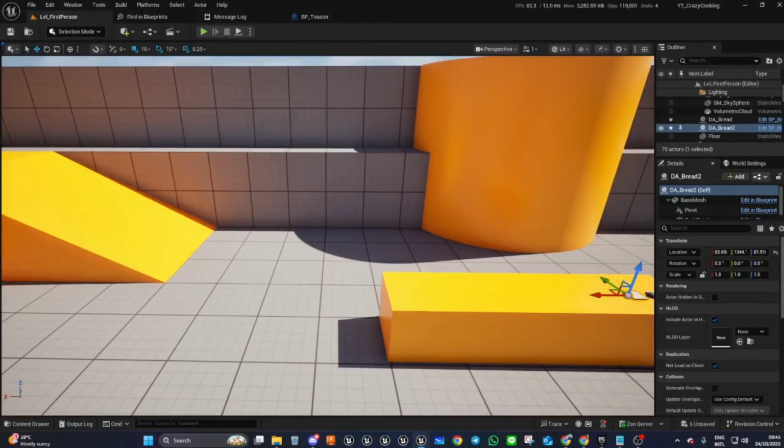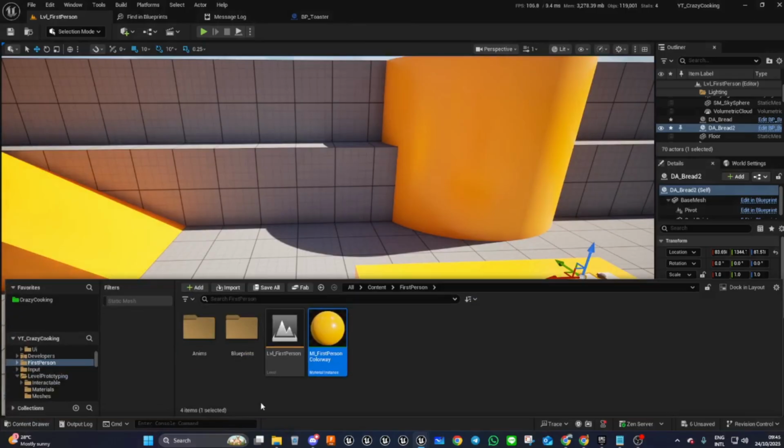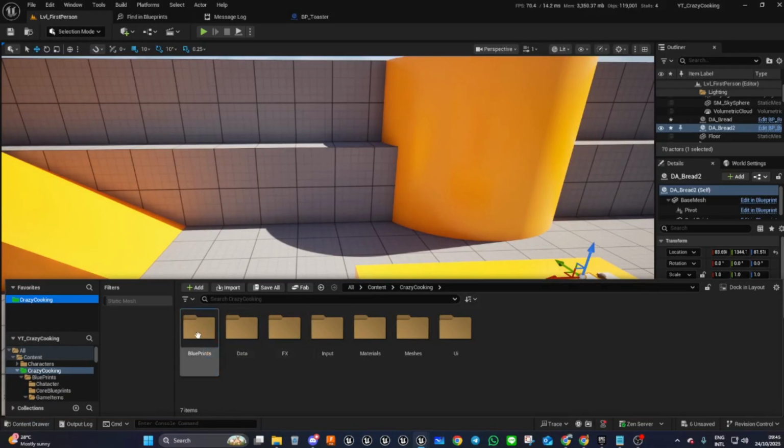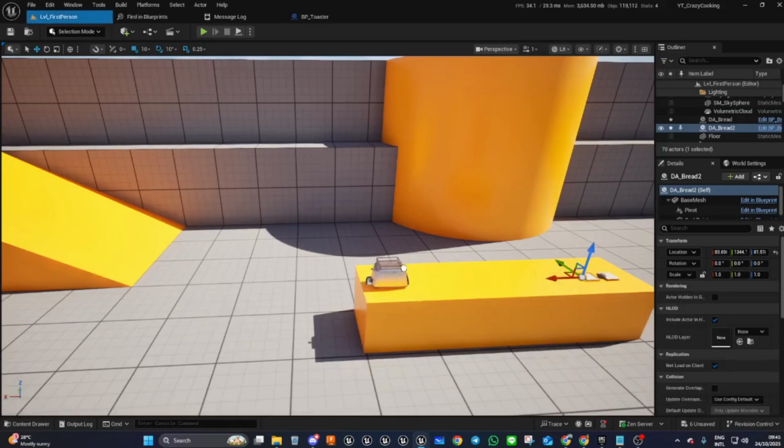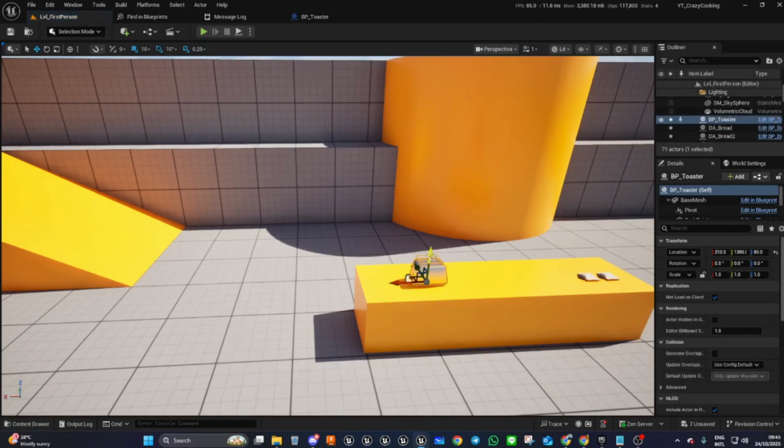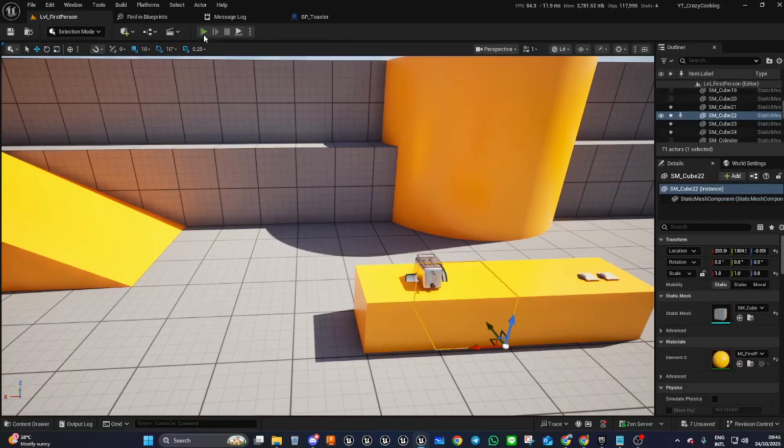And what we're also going to do is drag in our, go to our game folder, our blueprints, our game items, appliances, and our toaster. We're going to drag in our toaster. Pop him on the table. Again, I like to press it in to make sure it's sat. I'm going to rotate it around 90 degrees so it's facing us. And here's our toaster. Now, if we play the game,